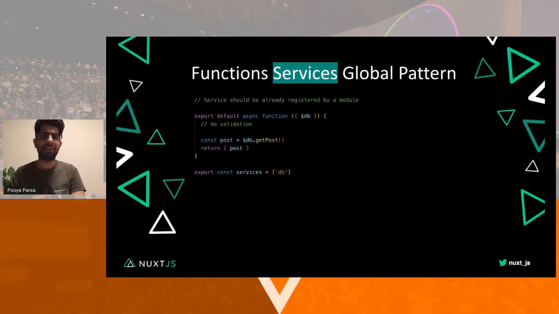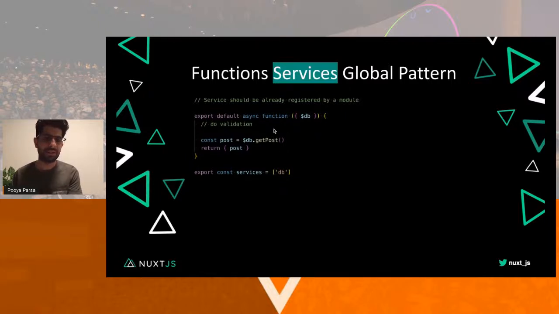For serverless, it's not efficient to load all of the services beforehand, before we really need them and need to initialize them. If you use the global pattern, which is classic, we are not going this way. Services should be registered first of all, like in the Nuxt config, where you have to register that you need the MongoDB service.